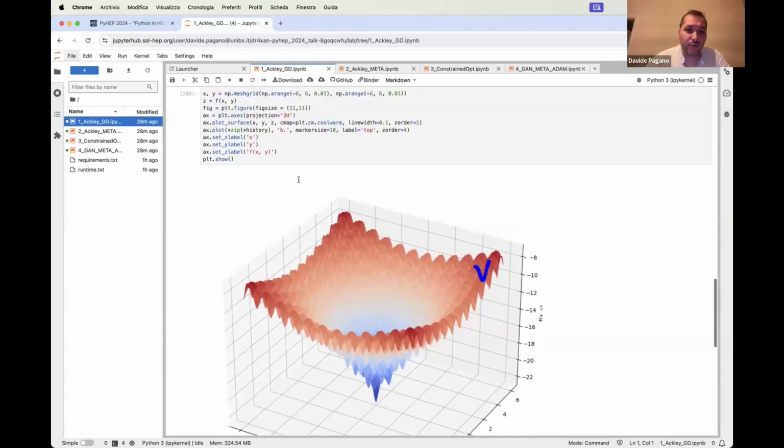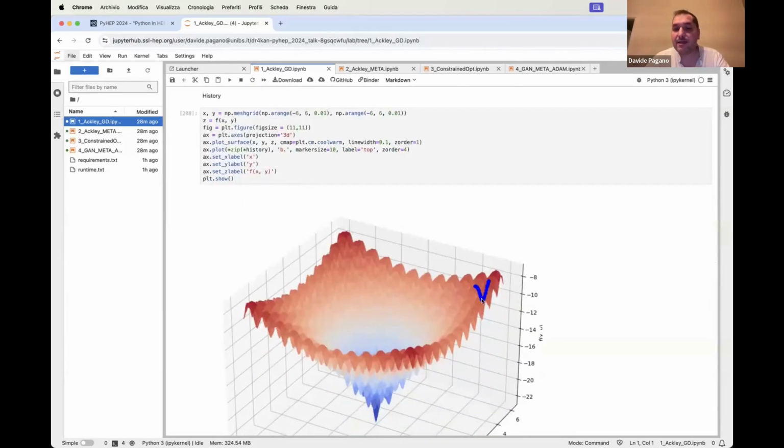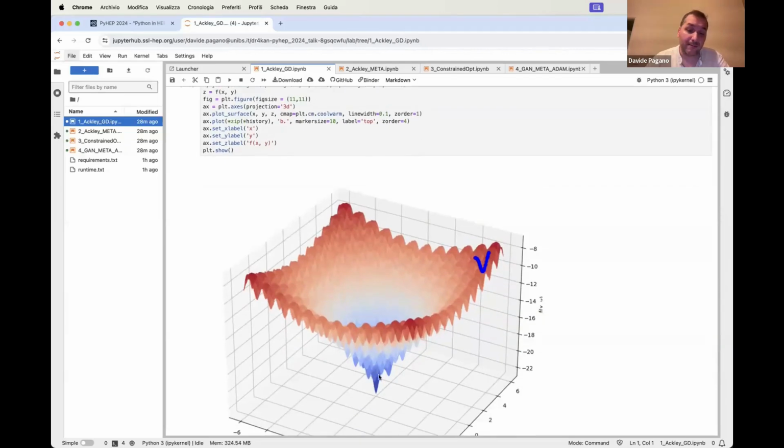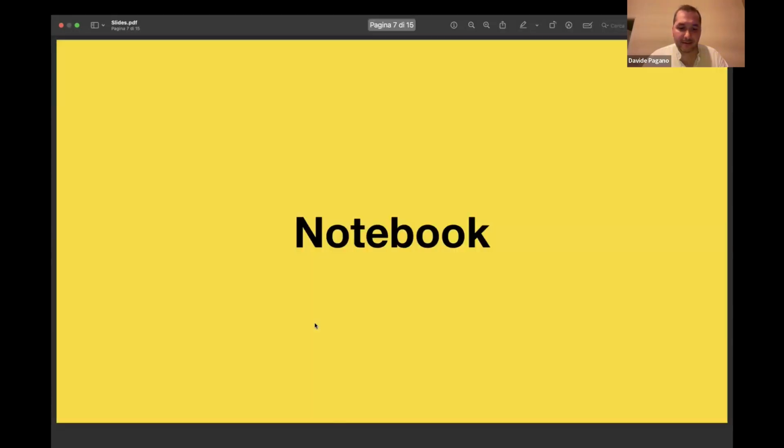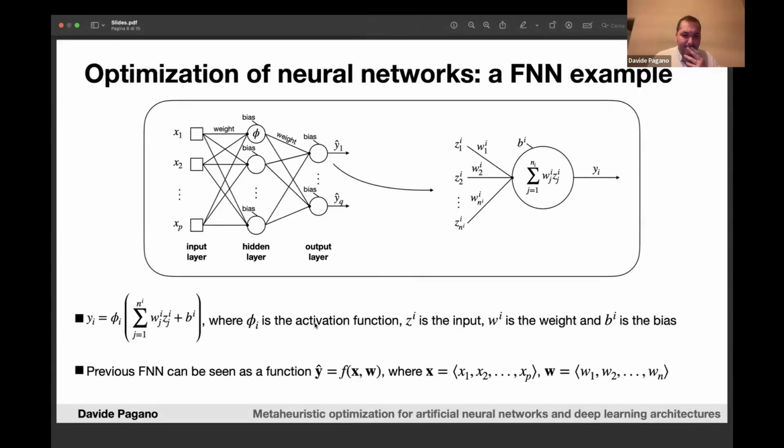And what you will find, for example, in this case, is that the gradient descent did not converge to the global minimum, but was stuck here in this local minimum. This is something which happens, and you can see by changing the numbers yourself that sometimes you are able to get to the global minimum, sometimes you are not. Now, in this case, you know where the global minimum is because you are seeing the objective function. But in those cases where you don't have access to this information, the strong dependence on the starting position is something which we are not happy about. So let's go back to the slides.